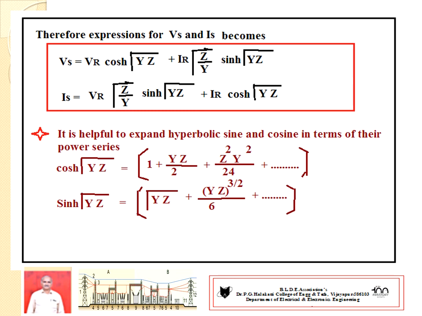Before going to the next class, you have to prepare and work this out. It is a very important derivation. All of you practice, derive the performance analysis equations for a long transmission line by the rigorous method, which means you have to go for this complete derivation for 10 marks. Remember these two expressions for further problems.